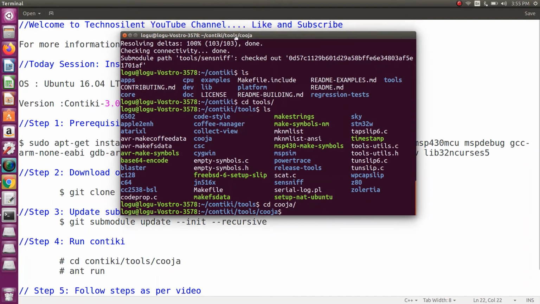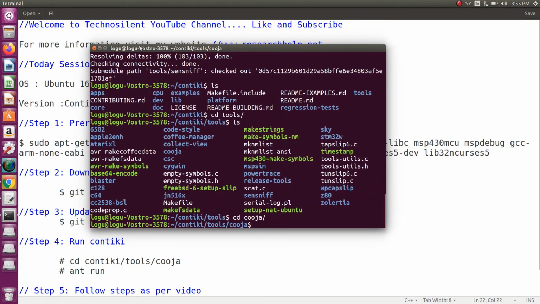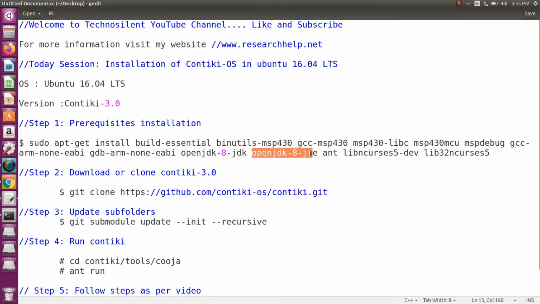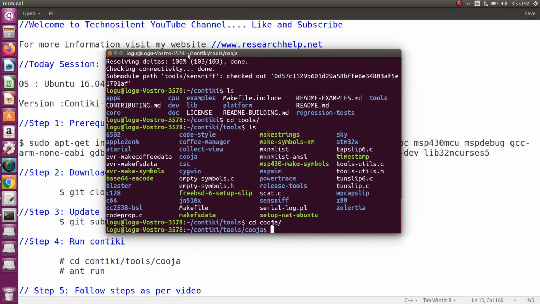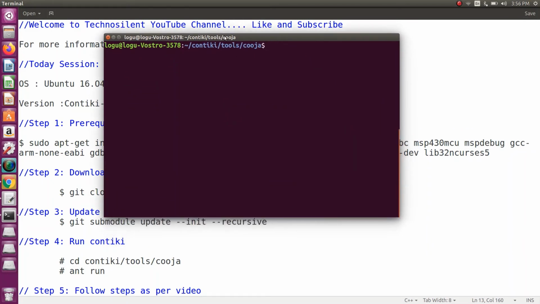We already installed Java in the prerequisites itself, that is OpenJDK 8 and JRE. Then clear. Next we are in the folder Contiki tools Cooja. Next we need to run. Running means just give ant run.